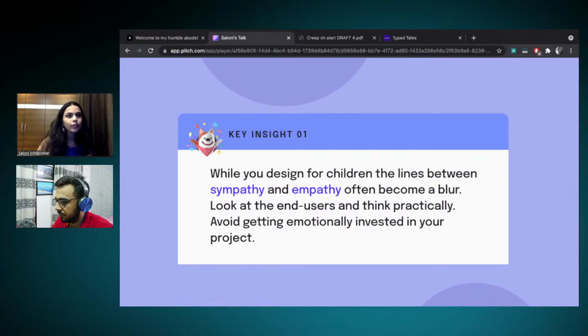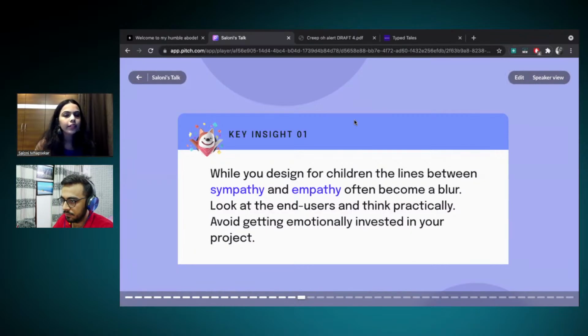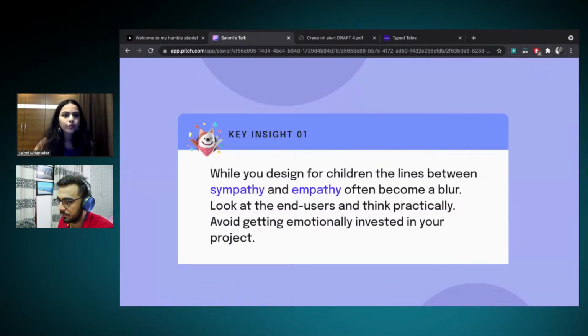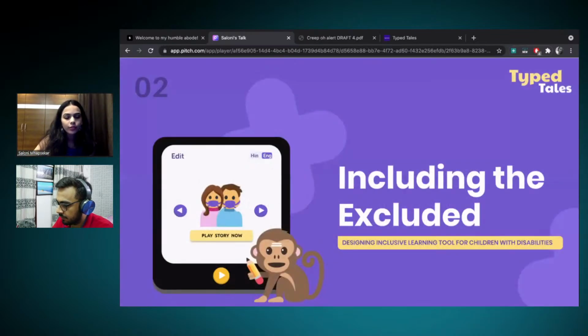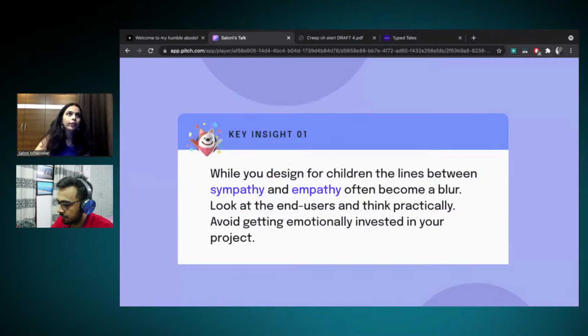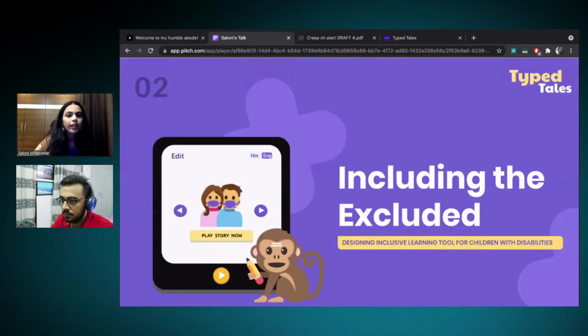This has personally happened with me because I read around 126 surveys where people spoke about their traumatic experiences, and it became so heavy for me mentally that I thought it was my responsibility to bring this book out there and make it come to life. But I realized that at times we can't achieve everything we want, and you shouldn't have any design bias by just thinking that children are a gift of God or something like that. So think of them as users at the end of the day. I think that helps you build your own projects when you look at the personas as well.